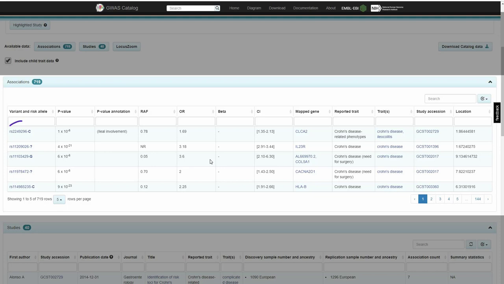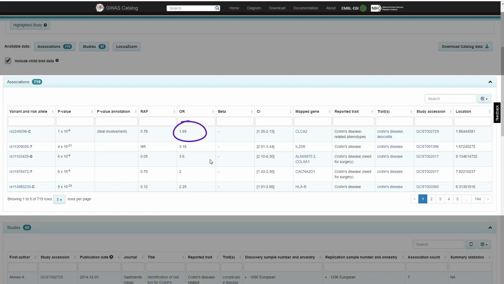In the first case, it's allele C for the SNP RS2249296, p-value of the association, allele frequency of the risk allele, it's 0.78 for the allele C in RS2249296. Odds ratio of the variant, it's 1.69 for the SNP